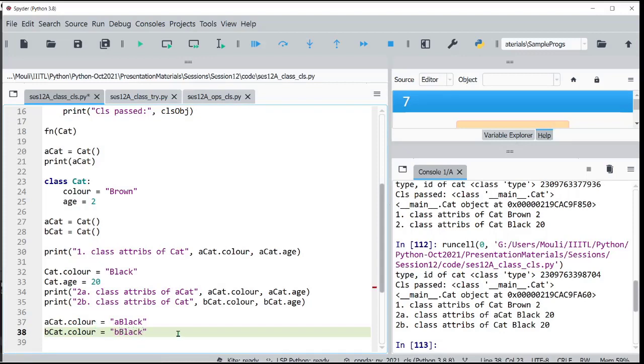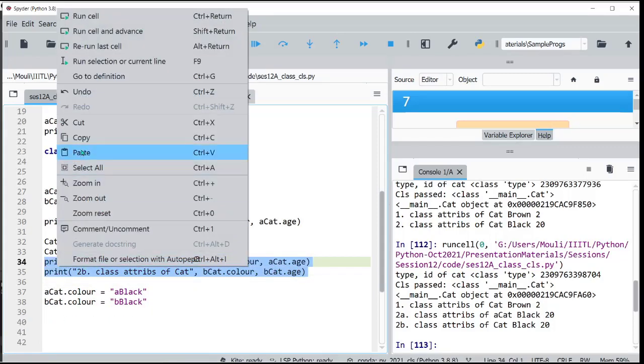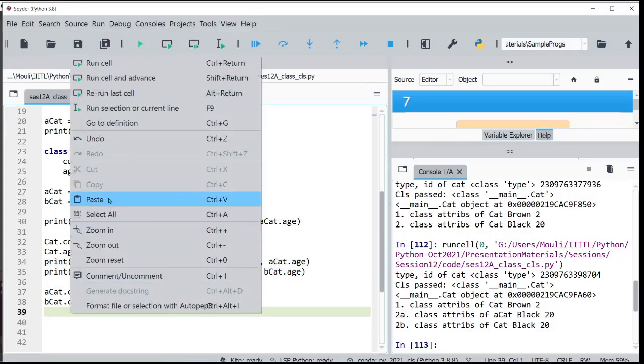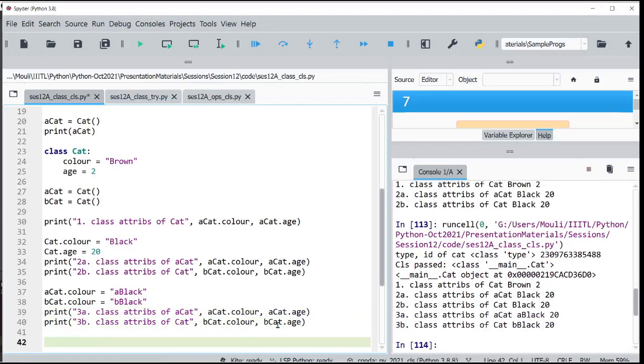Now what has happened? I have modified only these two. Now let me print it. Maybe I should change it to 3. We have not touched the other attribute. We have only changed the color attribute. Now a cat is showing a black and this is b black.